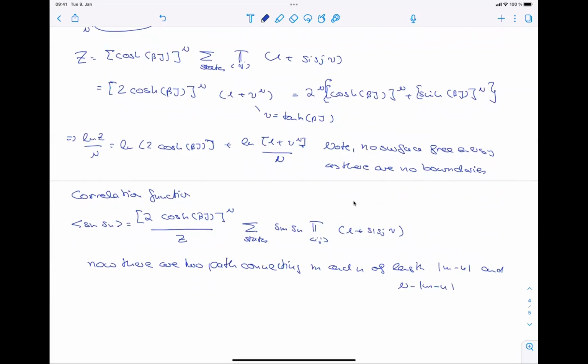So in this case, the correlation function then reads v to the (m minus n) plus v to the (N minus (m minus n)). And also note for the normalization,